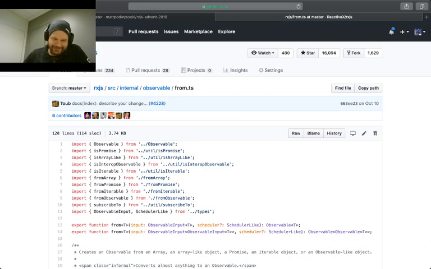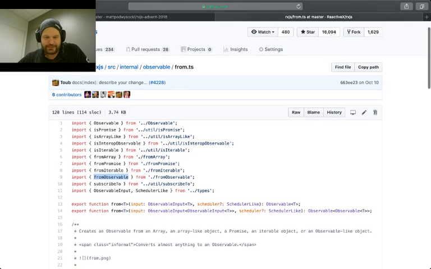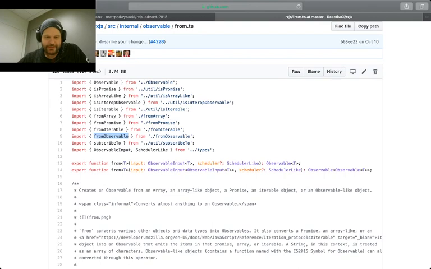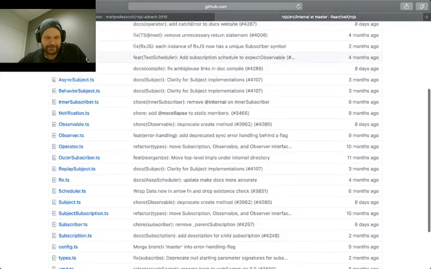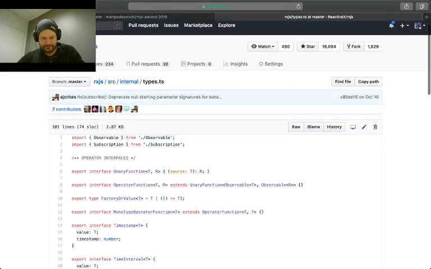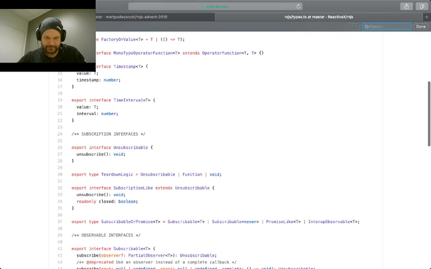So as you can see, it already takes in a number of pieces here from different imports, whether it's an array, so from array, from promise, from iterable, and from observable. So we've got a number of things that we can basically look at. And what it also says is that it follows what observable input is. And observable input we can take a look at is here, and look for observable input,